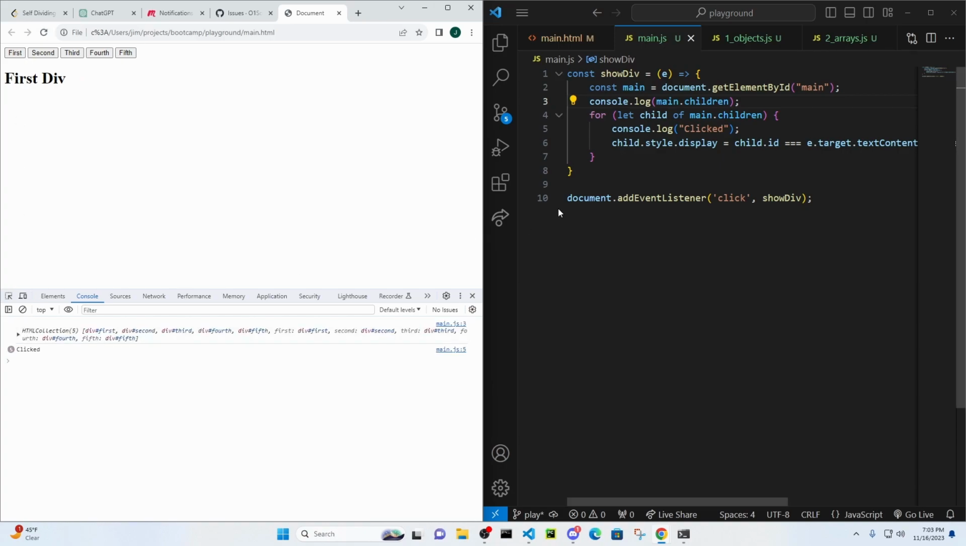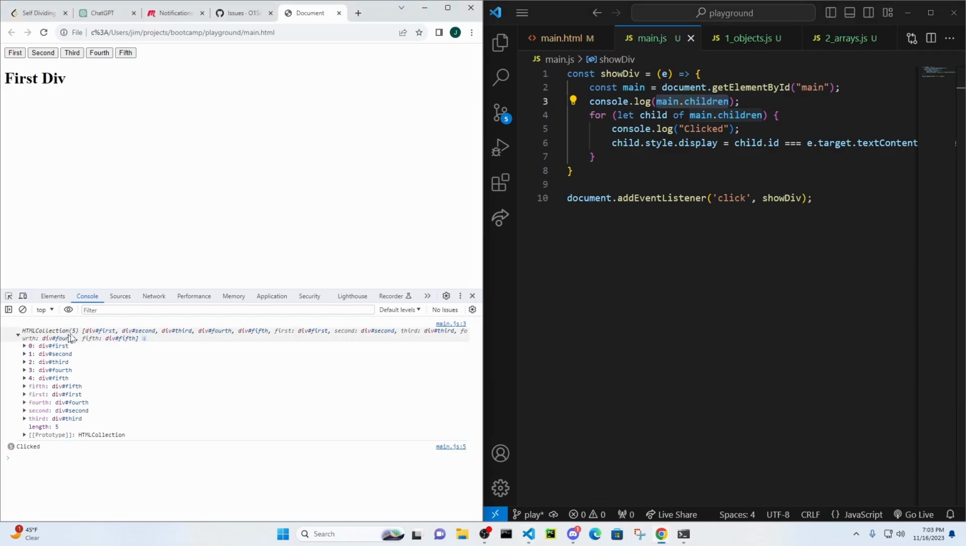So you can see main.children is a collection, an HTML collection. It's an array that contains 5 divs. Our first, our second, our third, our fourth, and our fifth. So 0, 1, 2, 3, 4. 0 is our first div. 1 is our second div. So it's just an array that contains these elements. And so for each one of these elements,